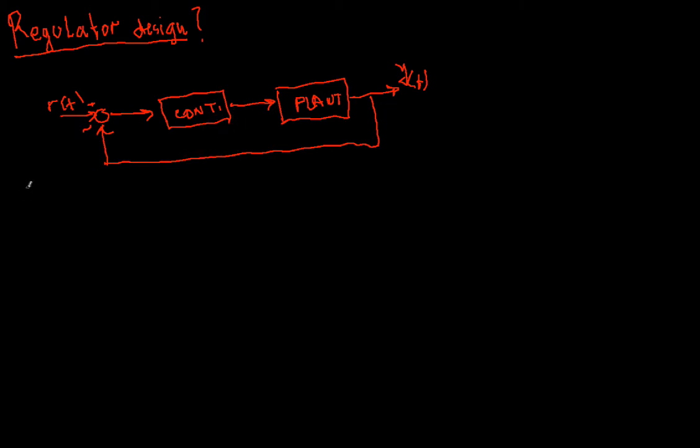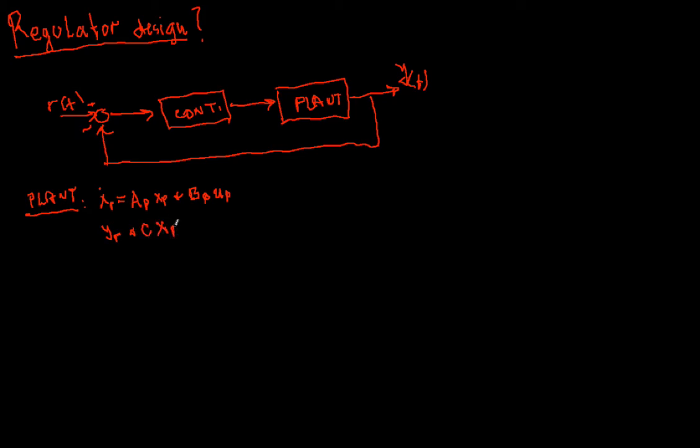In the previous lecture we know that the plant dynamics is xp dot equal Ap xp plus Bp up,